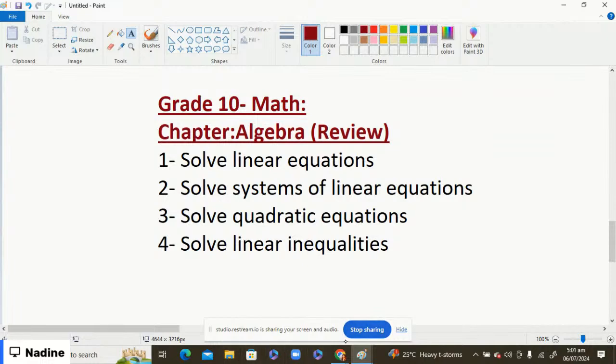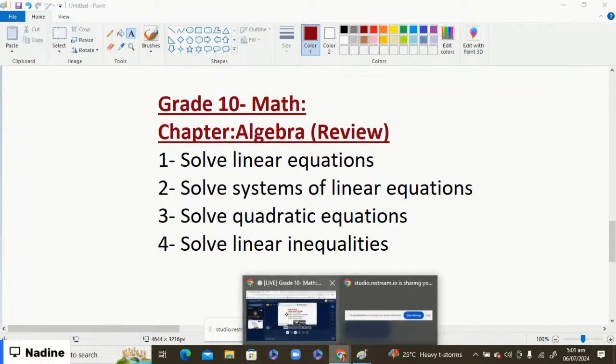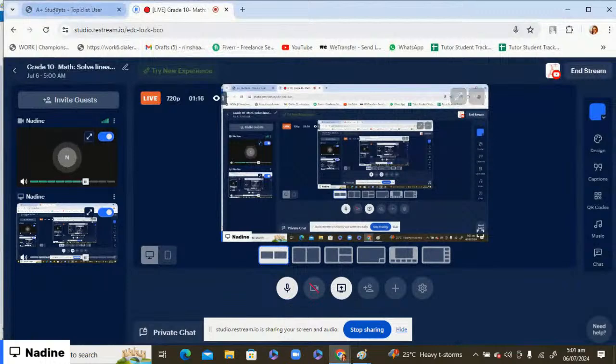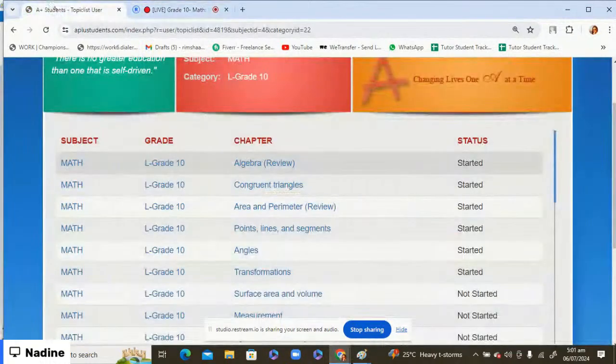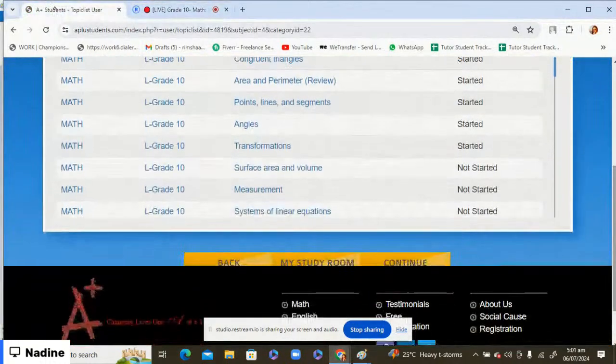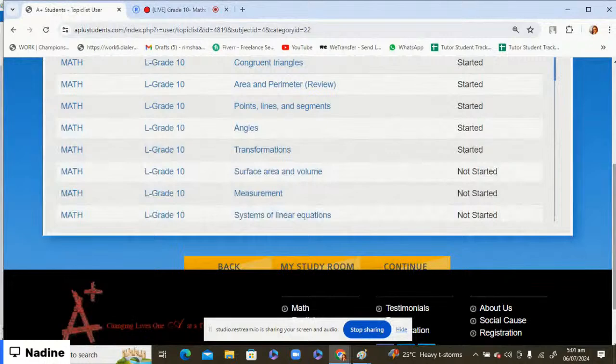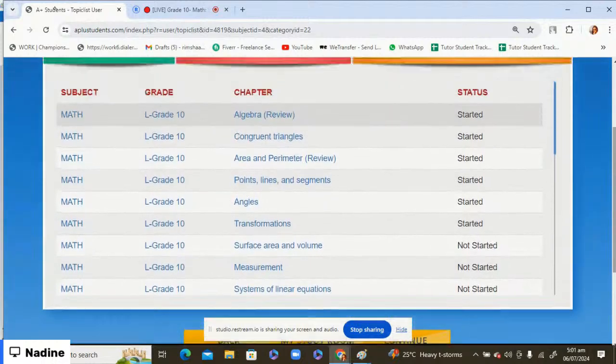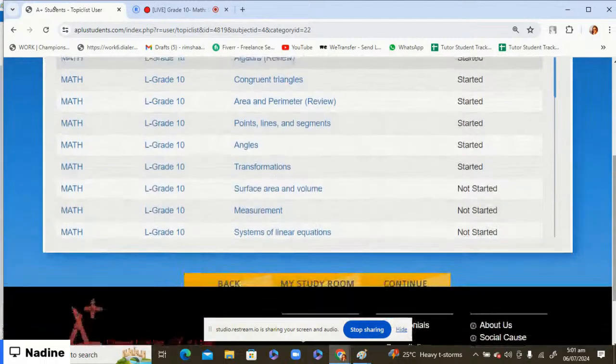You can find all the lessons on aplusstudent.com. You have to log in using the email and password provided by the administrator. Go to the subject tab, select maths, scroll down, then go to the grade 10 chapter. Here is the list of the lessons. Today we start with the first one,